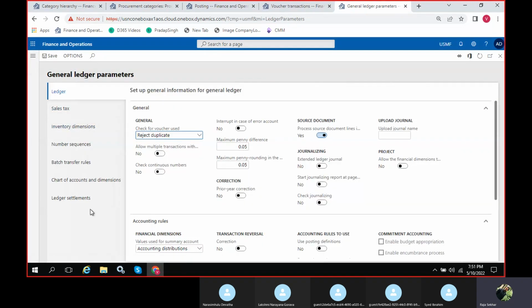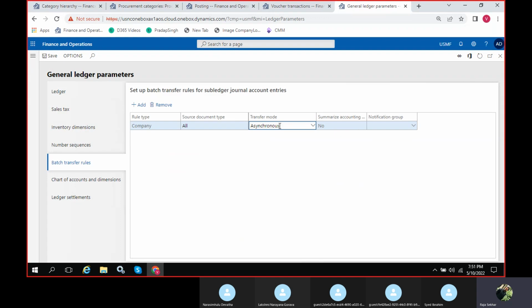General ledger parameters, batch transferals, asynchronous.